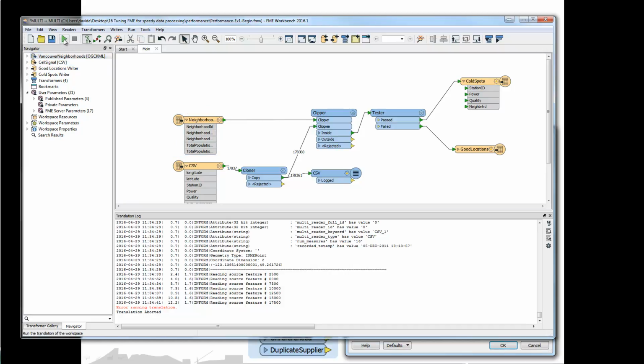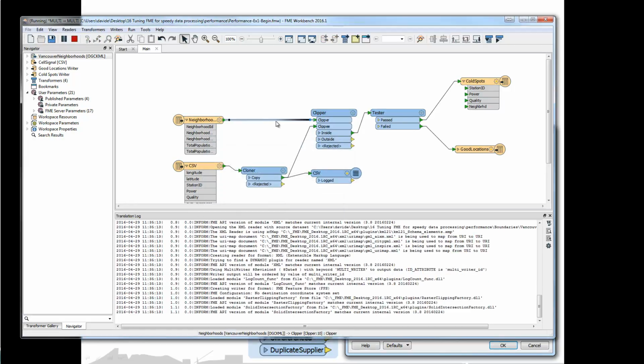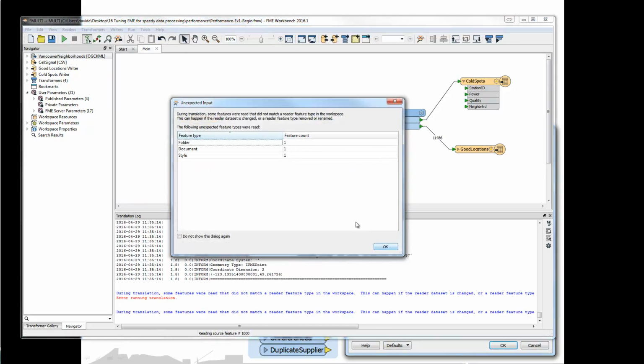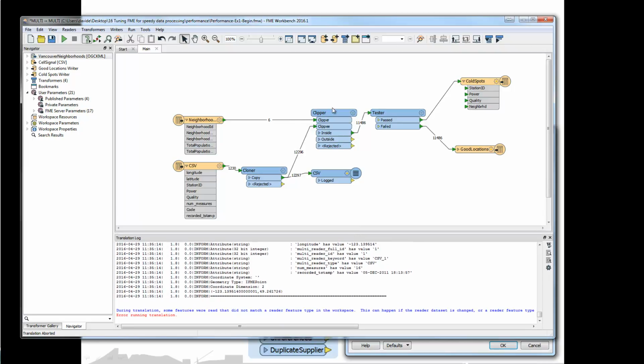And now, when we run this, the incoming features come in from Vancouver neighbourhoods first, and then, let's just stop that, you saw that quickly happen, I believe, the CSV data immediately made its way and started being clipped straight away. So that's a much more rapid operation. So this transformer is now not a blocker. Those features can be clipped because the 6 clipping boundaries are already waiting for the several million